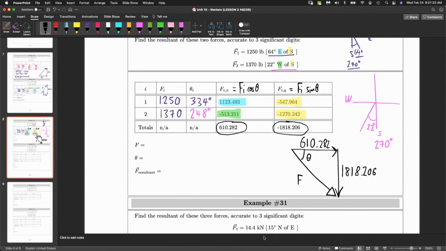To find those quantities, you do what you did before. You do Pythagorean and tan. So F here, via the Pythagorean theorem, is going to be 1920 pounds. It's a little glitchy today. There we go. And then the angle theta is 71.4 degrees. So what is the resultant vector? The final answer. Our final answer is going to be 1920 pounds,